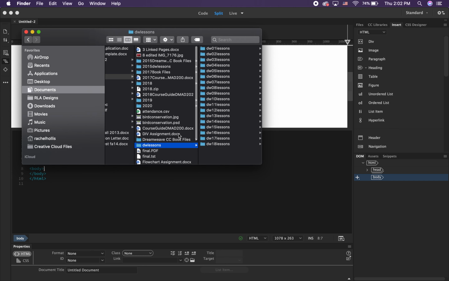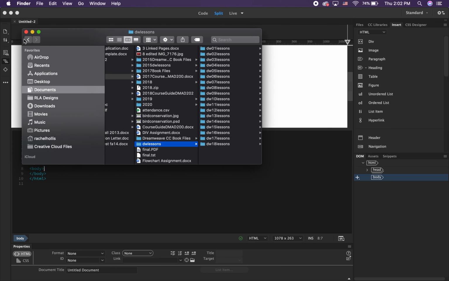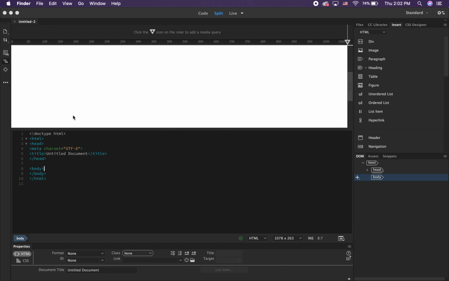Okay, a root folder is where we're going to end up storing everything related to our website. Okay, so we're going to store all our pages there. We're going to store all of our styling pages there. We're going to store all of our images there, all of our videos. Everything is going to be in that one root folder, and then I'll need you to zip that root folder and upload it